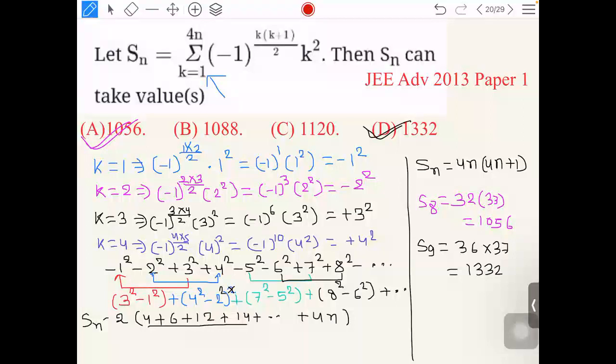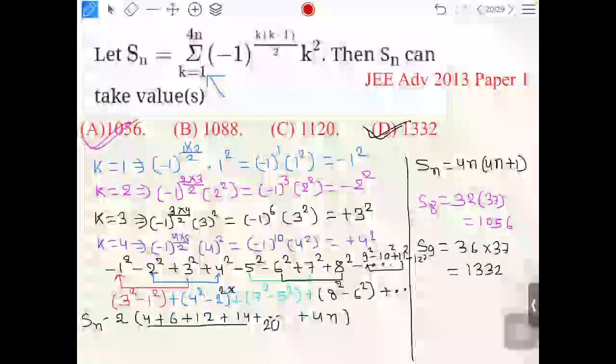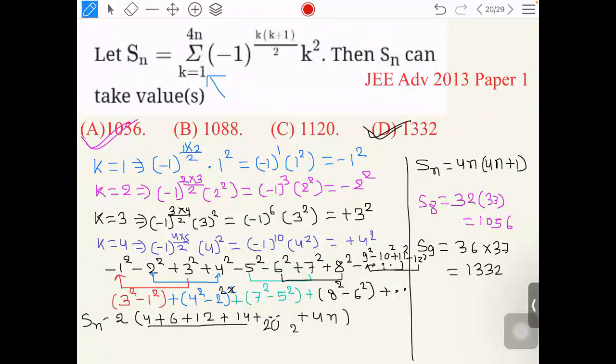यहाँ पे अगर आप देखिएगा तो ये 4 के बाद रिपीट कर रहा है, तो 4 6 12 14 आया, नेक्स्ट टर्म हमारा क्या आएगा, नेक्स्ट टर्म हमारा आएगा -9 रहेगा एंड 12 रहेगा। मतलब नेक्स्ट टर्म अगर इसको लिखेंगे आप तो यहाँ पे आ जाएगा -9 स्क्वायर -10 स्क्वायर +11 स्क्वायर -12 स्क्वायर, ये आएगा। तो 9 - 10 तो फिर से हमारा हो गया 11 और 9, इन दोनों को क्लब करेंगे तो क्या हो जाएगा, 2 कॉमन आ जाएगा एंड 11 + 9 नेक्स्ट टर्म क्या हो जाएगा आपका यहाँ पे 20 हो जाएगा। फिर नेक्स्ट टर्म जब हम इन दोनों को करेंगे तो 22 हो जाएगा। तो इस तरह से एक ये सीरीज फॉर्म करेगा, ठीक है, जिसका समेशन आपका आ जाएगा Sn = 4n × 4n+1।